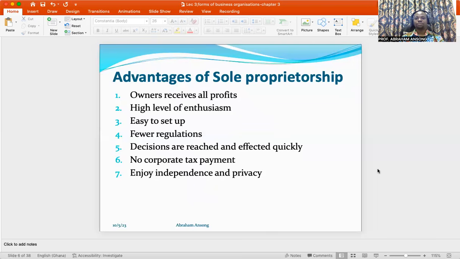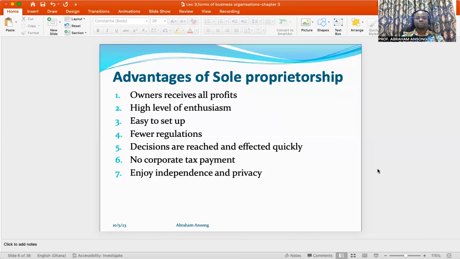All right. So compared with, say, partnership, where when you make the profit, you are likely to be sharing the profit with other people. If even there is a loss, you don't tend to bear all of the loss. So in that context, the zeal to really work hard is likely to be low compared with where you run all the risks and you enjoy all the benefits that will come if the business should succeed. Okay. Point three is that sole proprietorship types of businesses are easy to set up.